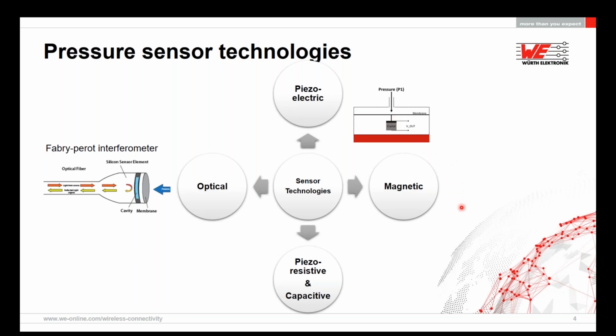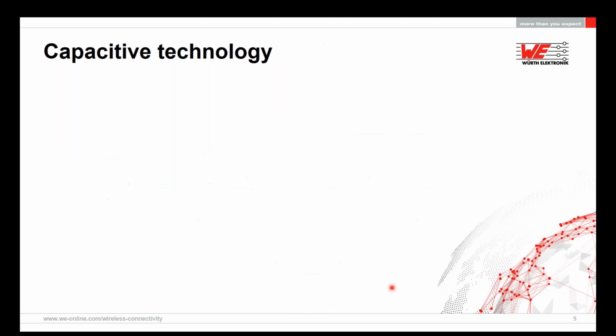Another type of technology being used for the pressure sensor is the magnetic one. Here, the sensing element is the membrane which changes its magnetic field when it is subjected to a pressure or an external force. The other one which we are going to talk about in detail is the piezo-resistive and capacitive technology. These are basically the MEMS-based pressure sensors, and in MEMS-based pressure sensors, these two technologies are widely used. Let's have a look at the first one,